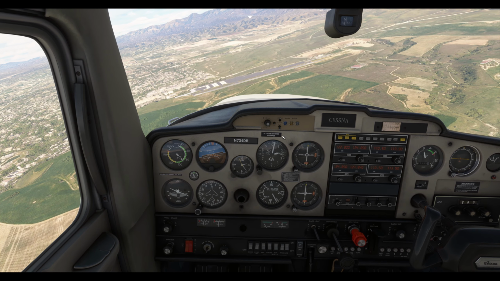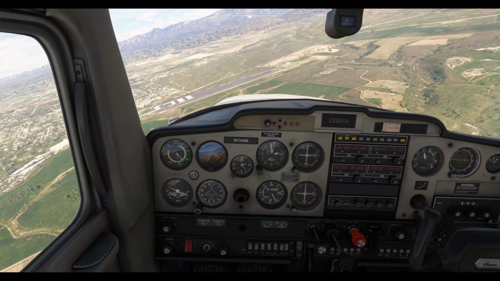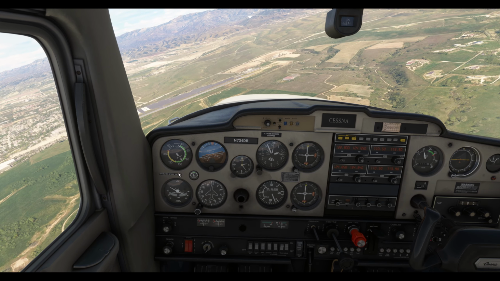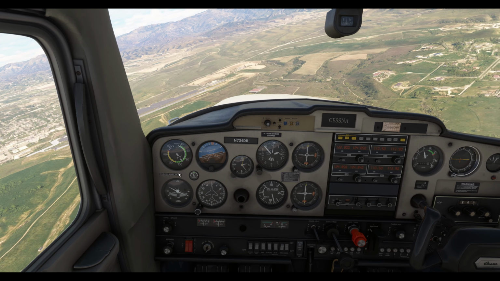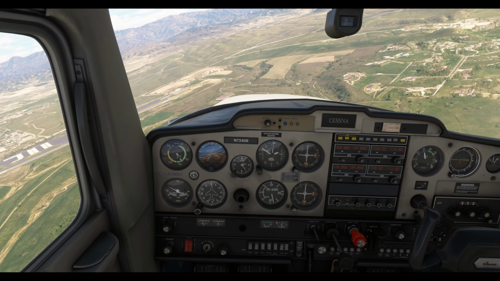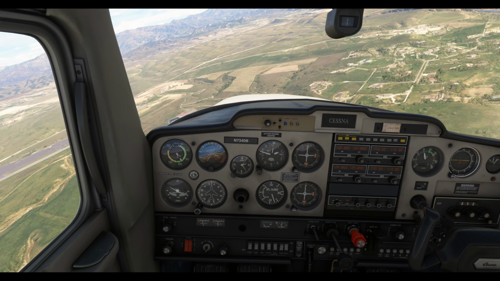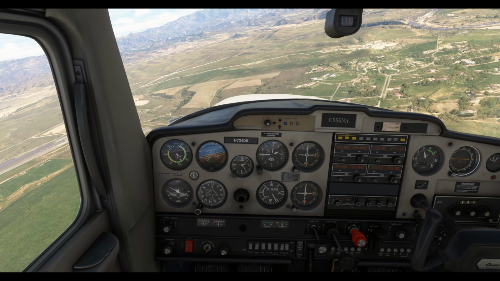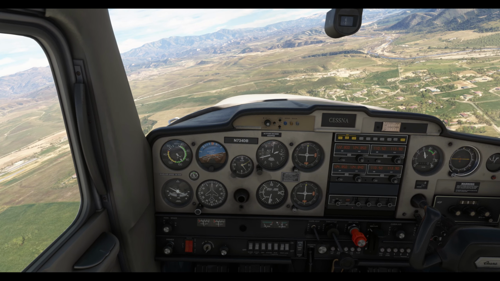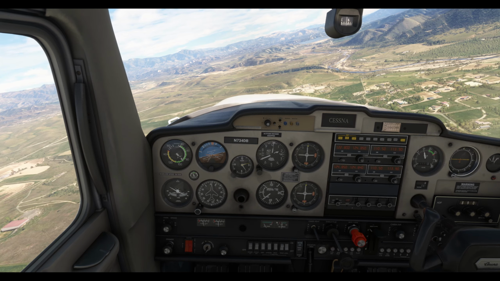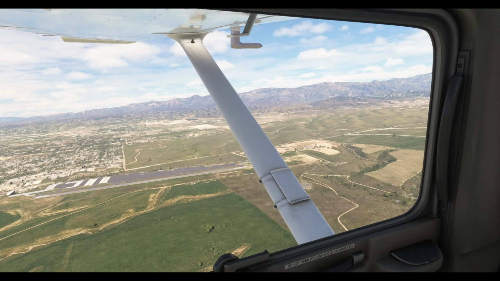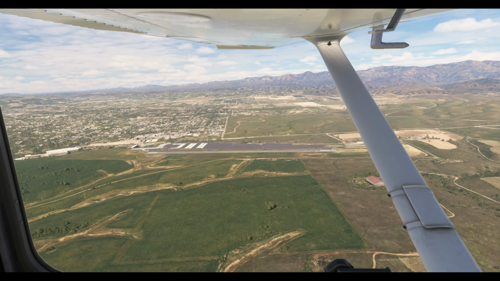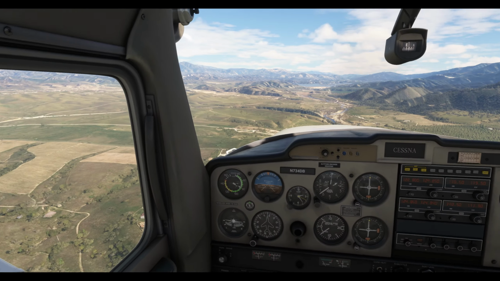We're going to fly out to the east a little bit because we know that the winds are coming from the west, so we want to land facing westbound. And when I get back down to about 1700 feet, which is here, this is the airport's pattern altitude where we would start from. So we check over here, line it up, when we get to the end of the runway here, want to set about